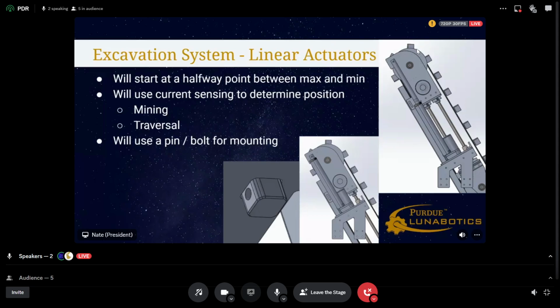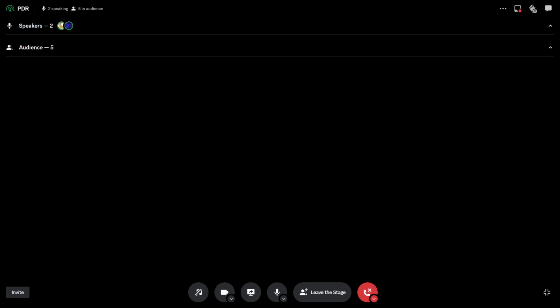What I see worrying there is, and I saw it in a picture in Nate's first presentation, it looks like the center of mass of that system is going to be pretty high above its pivot point while it's traveling, which means that if your wheel hits a divot and the robot pitches down suddenly, that's going to cause some pretty big flexing on that part of the system. So I just want to know if you guys have accounted for that. Not a lot of analysis yet, but